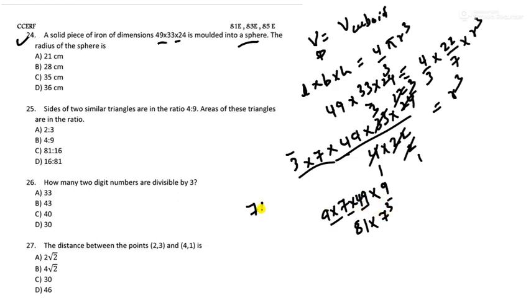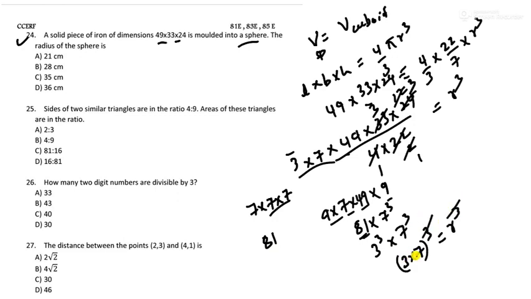and if you see here 7 into 49 is 7 cube, correct? 7 into 7 into 7, 7 sevens are 49, and this can be written as how much? 81 can be written in the form of cube, it is cube of what? It is cube of 3, correct? So 3 cube into 7 cube, right? So if you take this cube common, which is equal to r cube, the cubes cancel, and 7 3s are 21 is the answer. Okay, it's very easy.